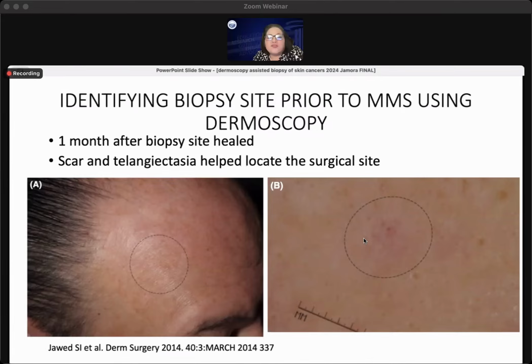This is dermoscopy guided excision of basal cells for, I guess, institutions without access to Mohs surgery. What they do is they look at the tumor preoperatively. This is a basal cell. You can see the arborizing telangiectasia, the blue-gray ovoid nest, and some spoke wheel areas here. To determine the lateral borders before excision, they did 60 basal cells. All the treated tumors were completely excised, and they required no